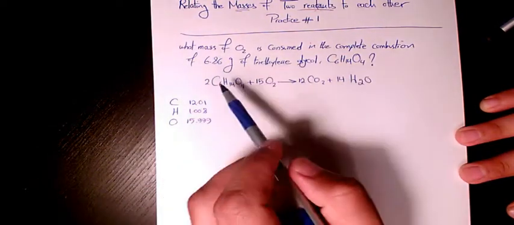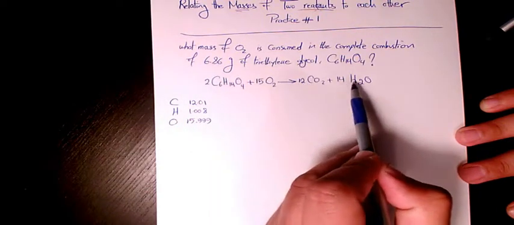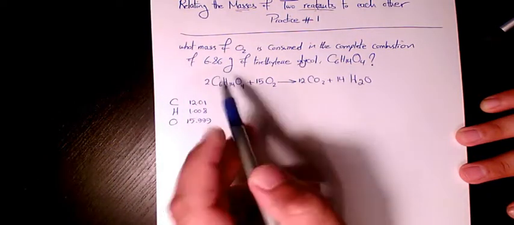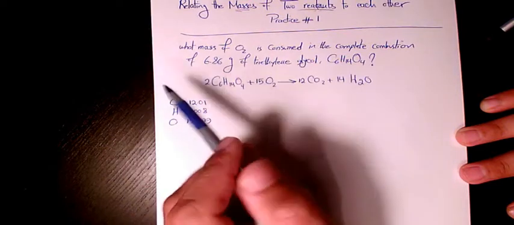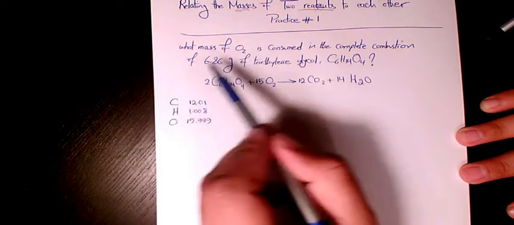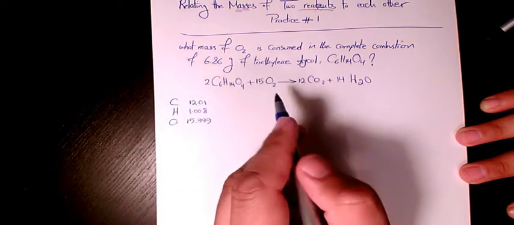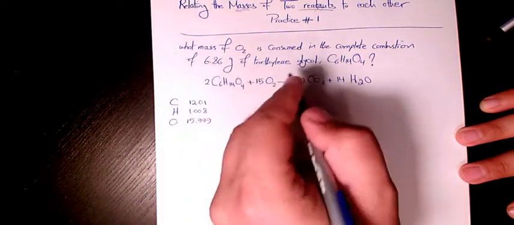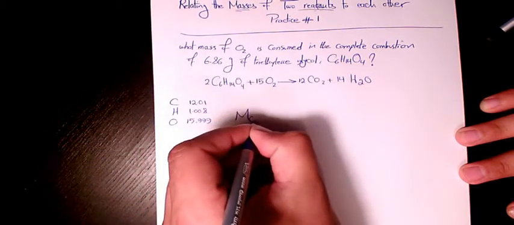As you see here, this reaction is balanced. So we have 2, 15, 12 and 14. It means that for every 2 moles of triethylene glycol, we consume 15 moles of oxygen. So we need 2 moles of triethylene glycol and 15 moles of oxygen in order to have a stoichiometric complete combustion. First of all, we need to know the number of moles of triethylene glycol from this mass, and then we need to know the